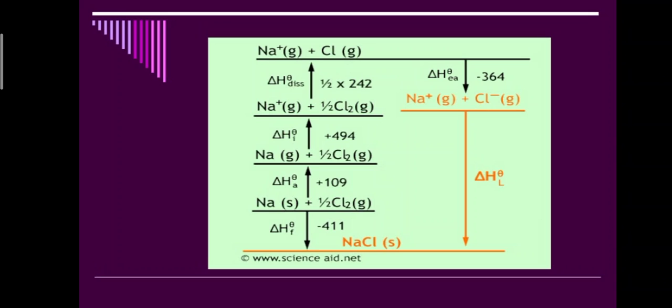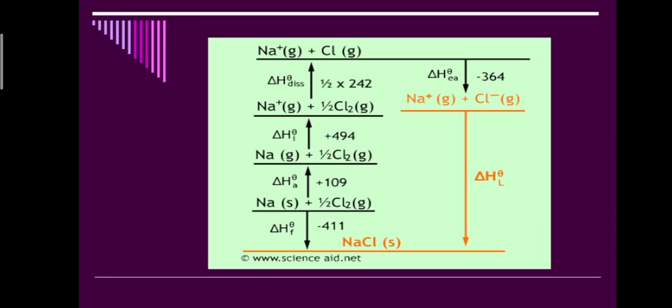Now in case of chlorine, when chlorine reacts, it forms 2 moles of chloride ion, Cl-. Here the bond between two chlorine atoms is breaking. This is the ΔH° of dissociation, that is, the bond is being broken. So the ΔH° of dissociation will be equal to 242 kilojoule per mole. Dissociation means breakage of bond. So here breakage of the chlorine bond is occurring.